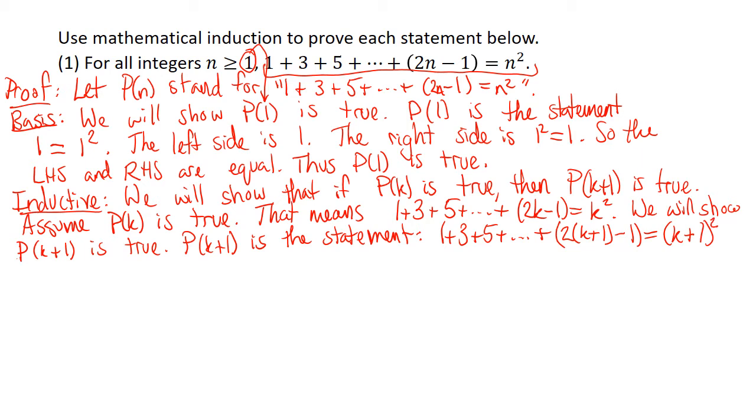So you're just plugging in k plus 1 for n. So this is the statement that we're going to try to prove. We have not proven it yet. The way these always work is you want to work with the left-hand side, that is the summation. So I'm going to work with the left-hand side. The left-hand side, LHS stands for left-hand side, is,